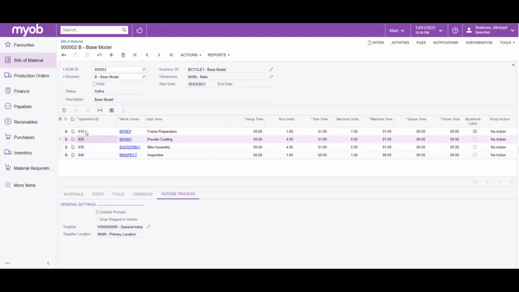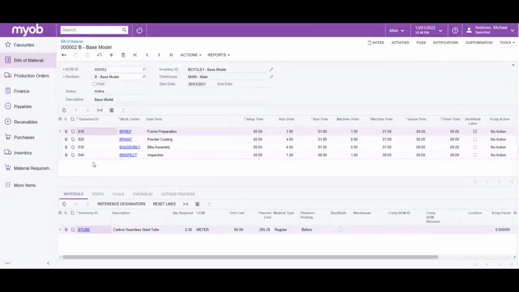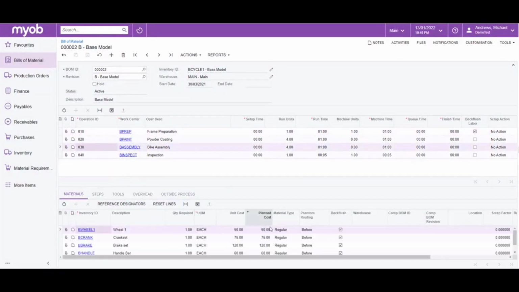Now, the BOM also allows you, in this example, to backflush material. In this case, you can opt to issue material automatically, such as nuts and bolts, and issue items which are of higher value, usually lot tracked, manually. This means you can start with backflushing all the material and labor